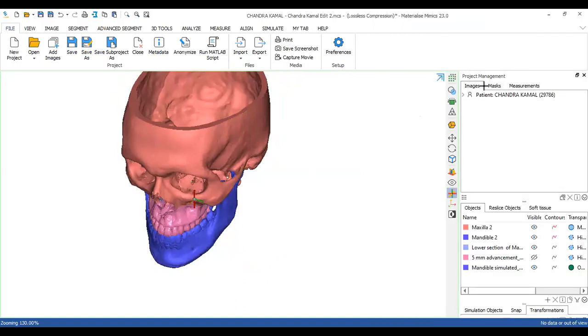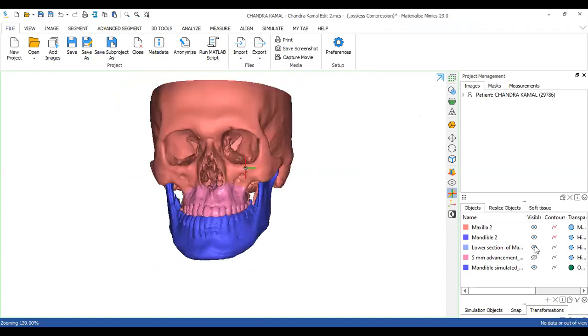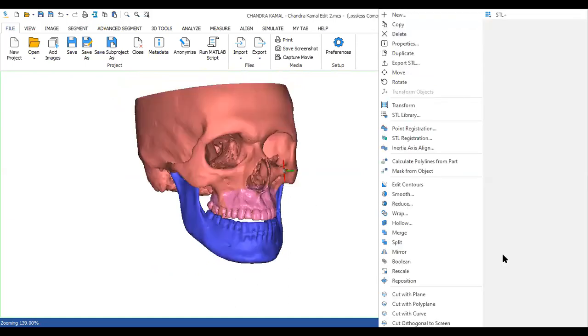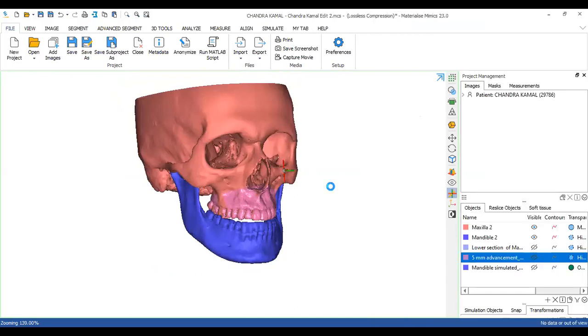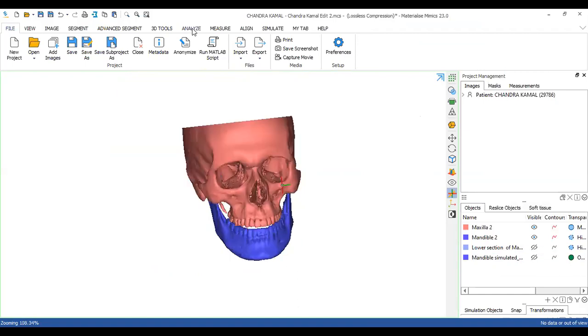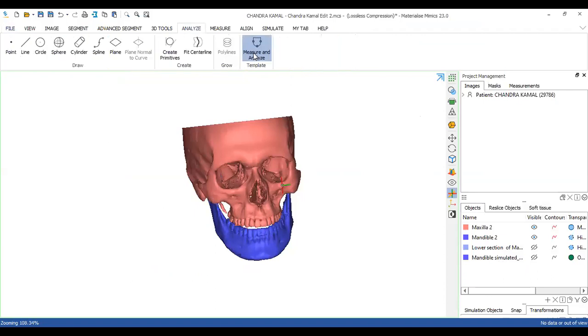So coming back to analysis, we go to analyze, measure and analysis.